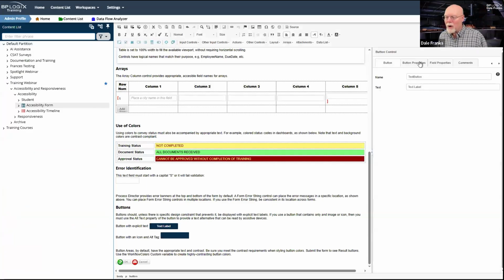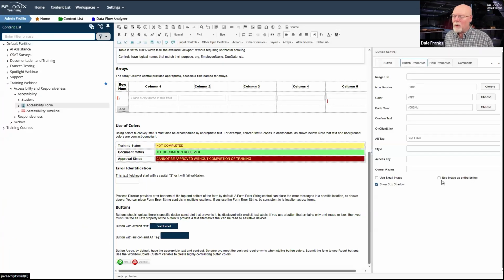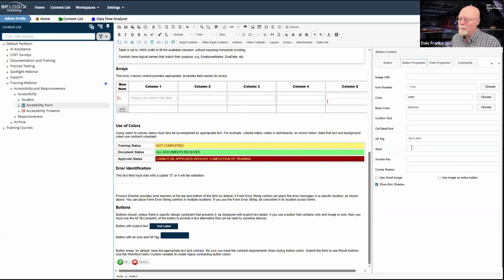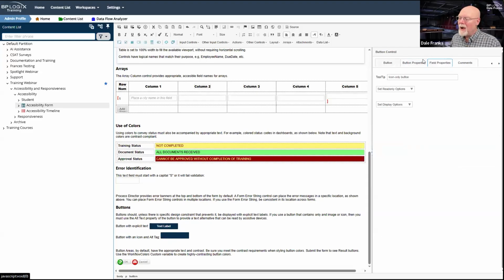Whenever I put my label across it, and of course, I'm going into button properties to fill out that alt tag. In this case, I have text label, and oh, I did call it just text label for both of them.